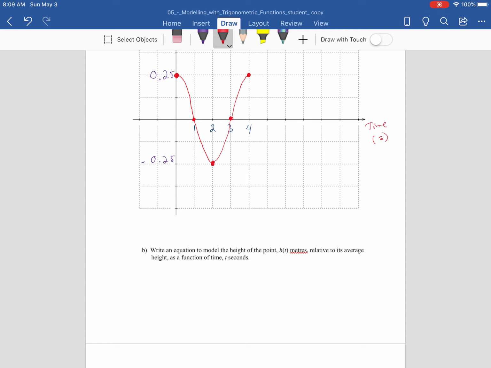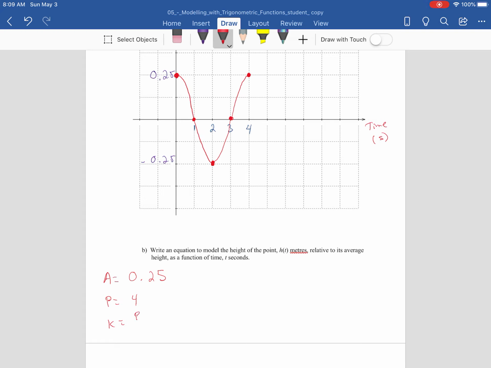Now, just like taking the equation and making a graph, when taking the graph and finding the equation, you take some notes here and you go, okay, well, what's the amplitude here? And I can see the amplitude here is 0.25 because it's going 0.25 up and 0.25 down. What's the period here? The period was 4 seconds. And what's nice about that formula I gave you is I can immediately use that formula to go, okay, well, k is 2 pi over the,